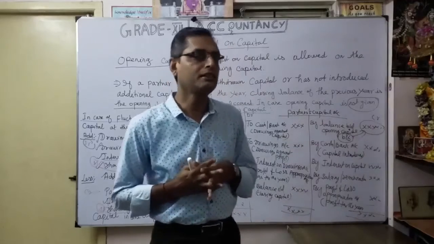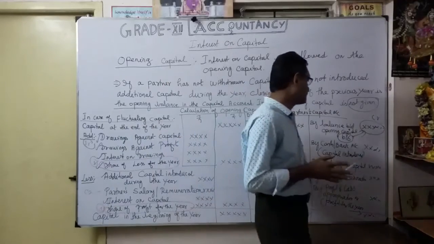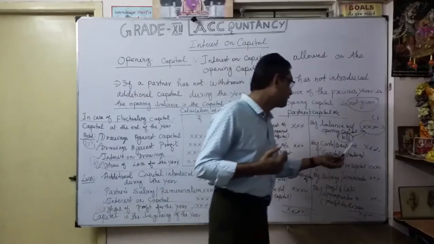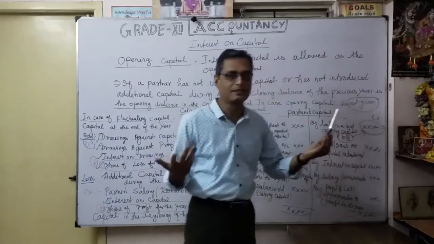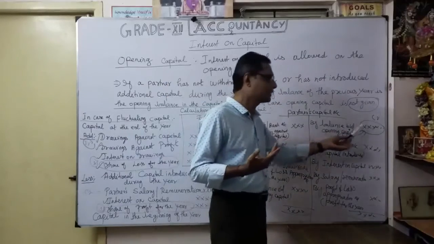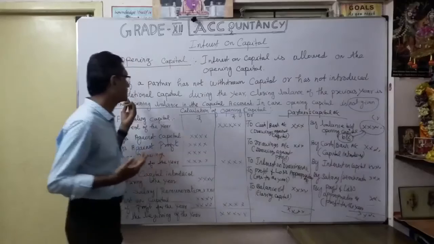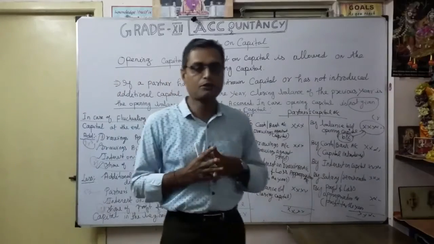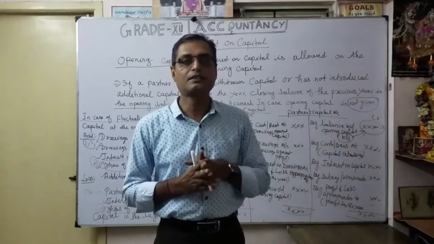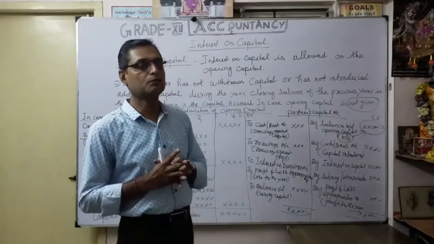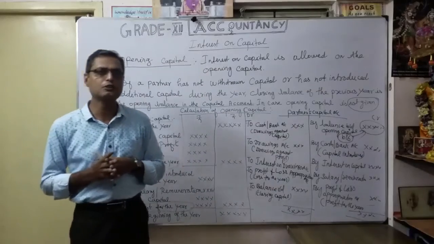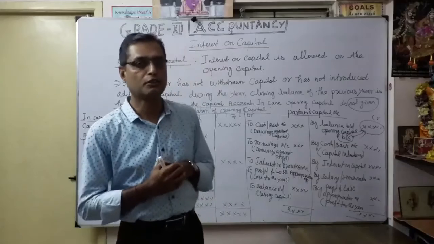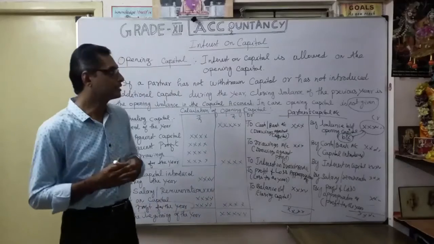Understood? That's what is interesting. So for interest on capital, based upon the information we can work it out. Once you substitute that, you can arrive at the opening capital. Very easy. Correct? Accordingly, we will find out the opening capital. How to find out opening capital is very, very important here, especially for interest on capital. Okay, you understood that? Whatever the interest on capital, it's a very, very important one. We discussed it in the previous videos, the calculation, and the way I am going to calculate interest on capital. Today, it's very, very important.